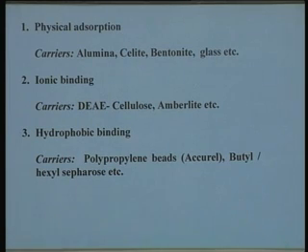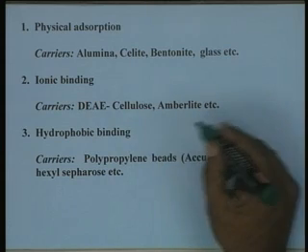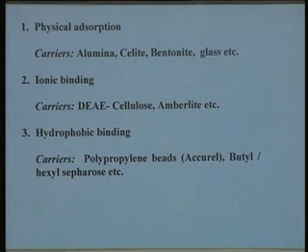and they can be used. The second method is ionic binding, where you take a tailored matrix which has a definite charge on its surface. Of course, ion exchange reagents are the most commonly used matrices, DEAE cellulose, Amberlite, etc., which are charged particles, and based on electrostatic interaction these can bind the enzyme molecules, if the net charge on the molecule at a given pH is counter to the charge on the matrix, where the enzyme exists as a counter charge at particular conditions.